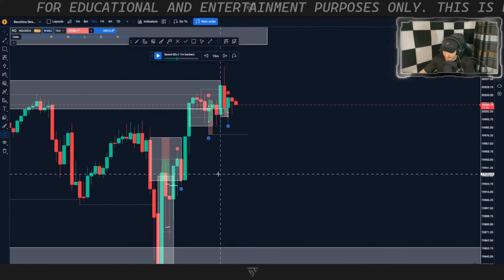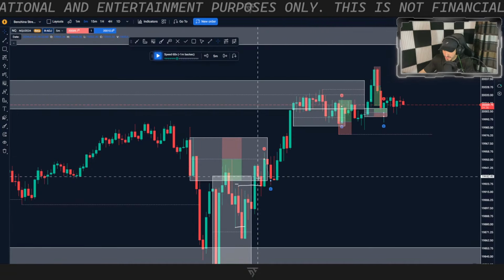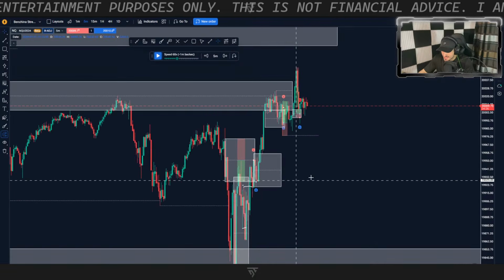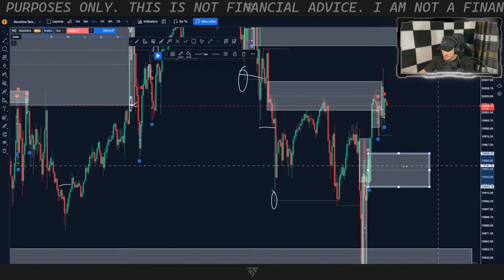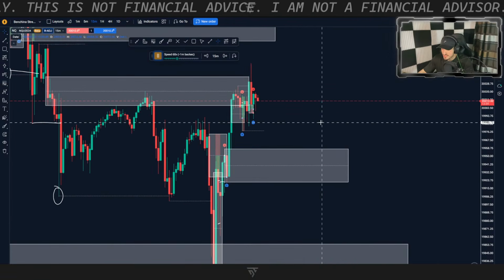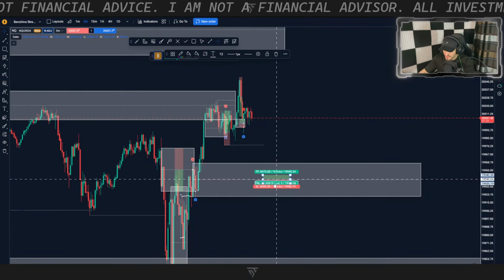But yeah, there's a little candle over here, if you can see it. On the 5-minute, we took a short here. This is the last down move that I would consider the SNDR. Right? This is the last down move that I would consider being the SNDR. Now, if I just go place a trade here,